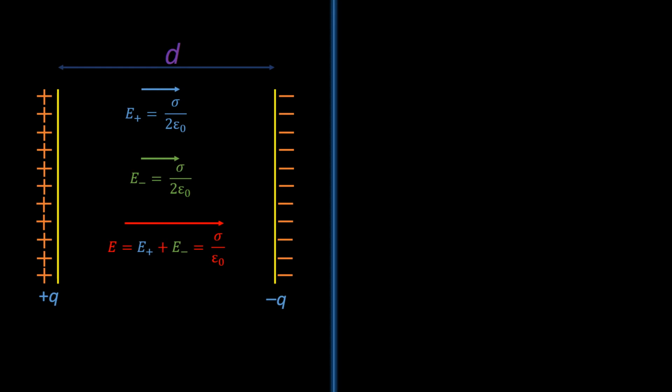So in case of parallel plate capacitor, we know that when D is very less as compared to area, we may consider the electric field as sigma by epsilon 0. Sigma by epsilon 0 is the resultant electric field. Actually, field due to positively charged plate is sigma by 2 epsilon 0 and the other plate is also sigma by 2 epsilon 0. But as the two fields, due to positive charge and due to negative charge, are in the same direction, we considered the resultant electric field to be sigma by epsilon 0.